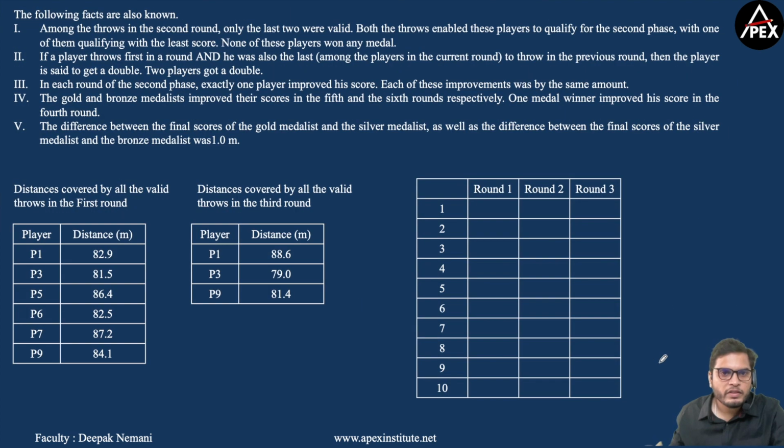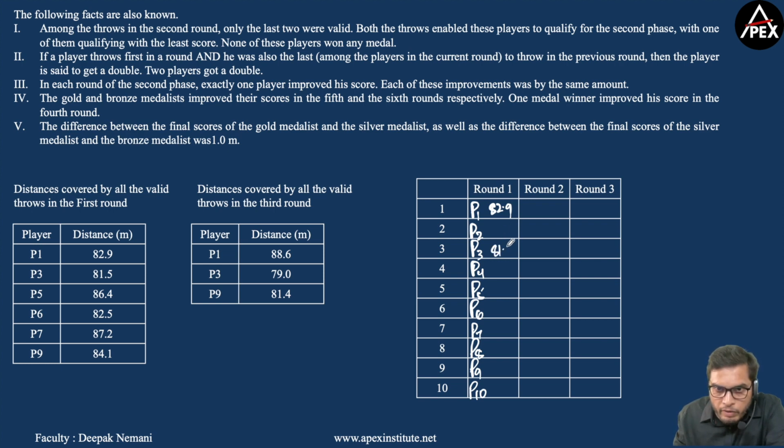Now moving to solving this question. In round 1, the order of the throws will be P1 first, P2 second, next P3, P4, P5, P6, P7, P8, P9 and P10, and we are given the valid throws in round 1. So P1's score would be 82.9, P2 it's not a valid throw here, P3 81.5, P5 86.4, then P6 82.5,